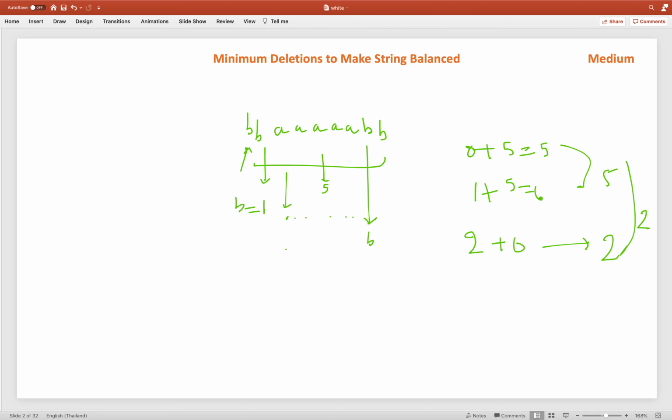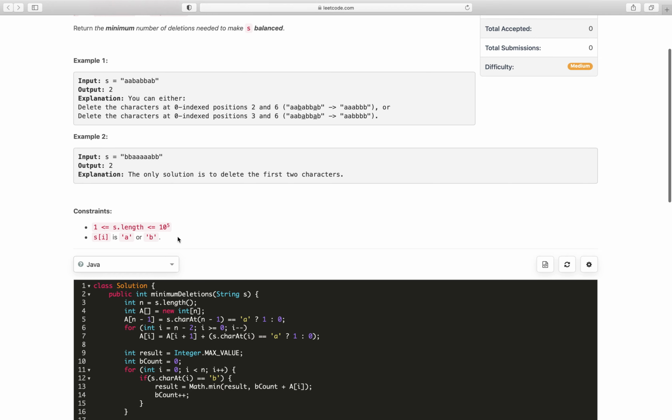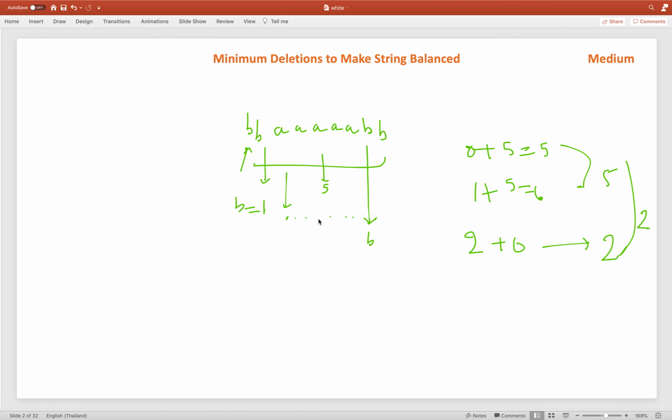So this is the way we will solve this problem. So the answer is 2. Now if we do it brute force, at every point we are going to check how many A's are on the right side. In this solution, first we are scanning our string in O(n) time, and internally we are doing O(n) to check how many A's. So for every index this will become an O(n^2) solution.